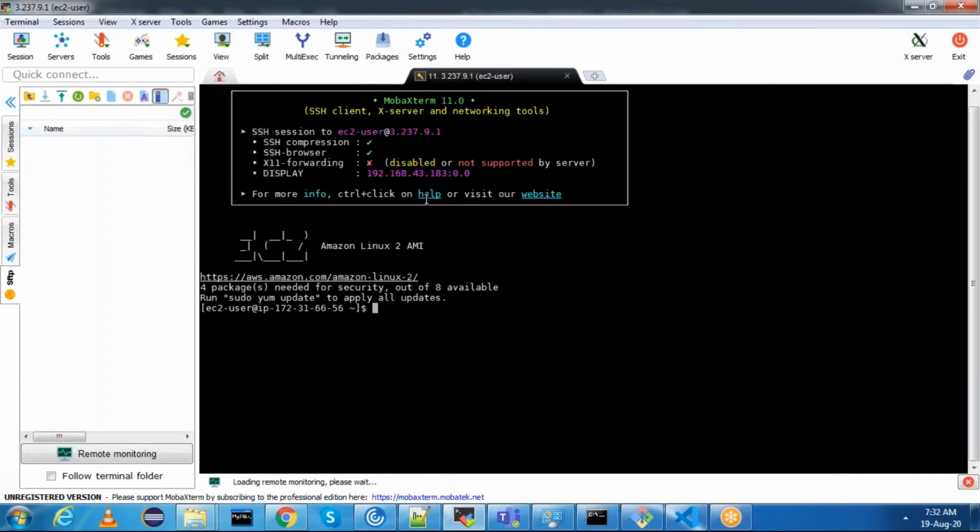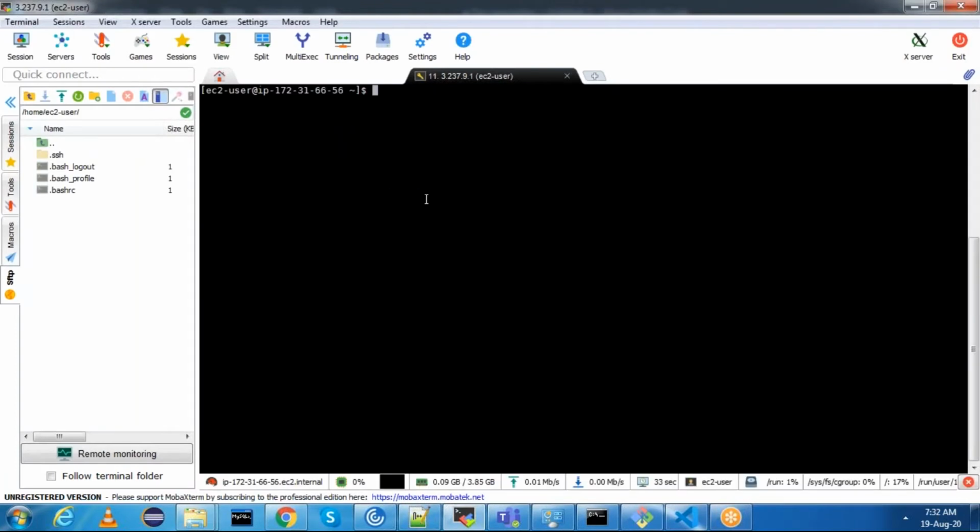Let me log in as a root user, sudo -i. We logged in as a root user. Now we need to install Java. Yum install java-1.8.0-openjdk*.